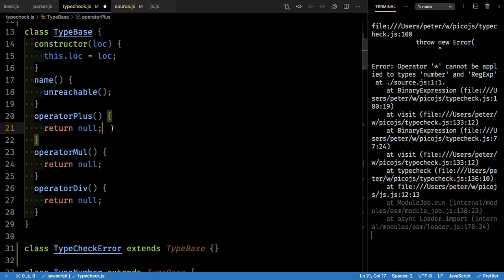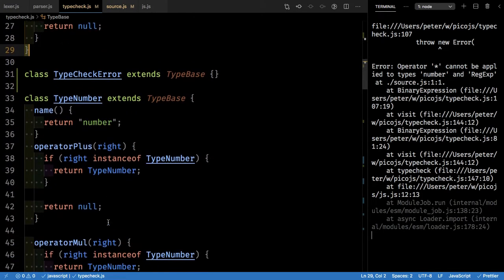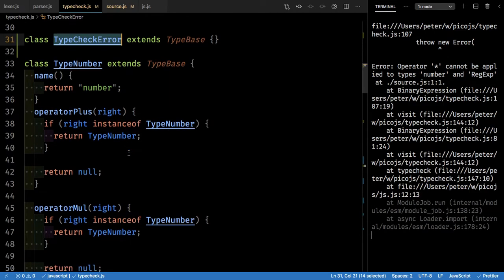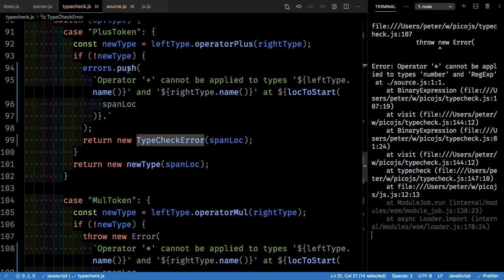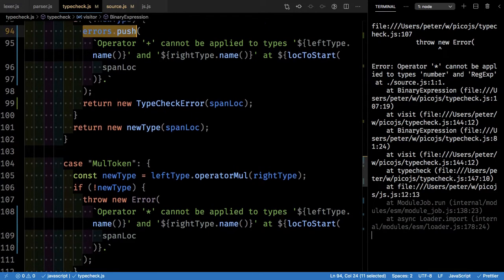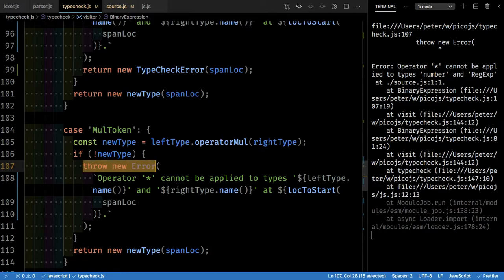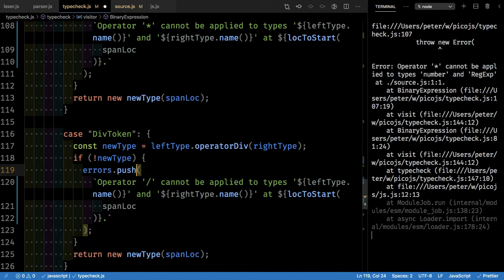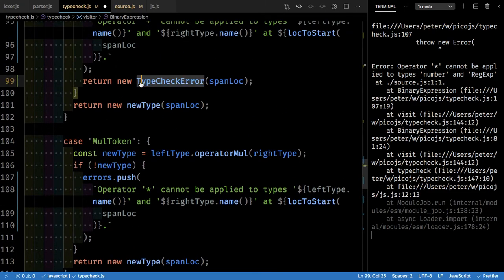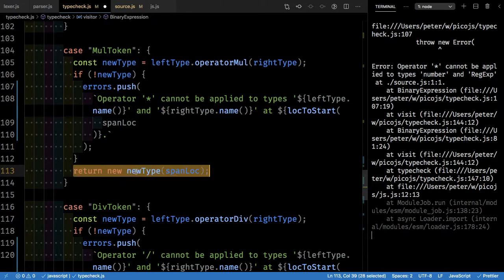impossible to check it, and it always returns. No, I think it shouldn't be. Let's just see it. Type check error cannot be applied. Nice. So we return type check error here. So error push, throw new error push, and here also error push, and then we return new type check error. New type check error,